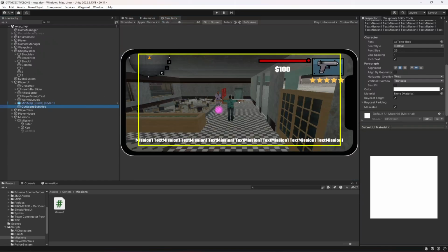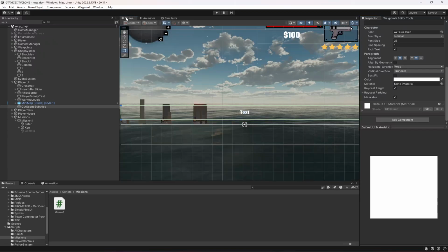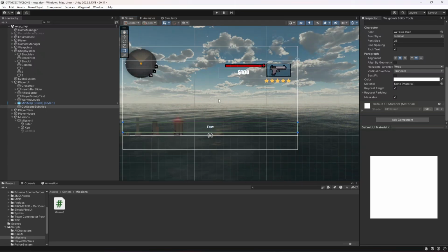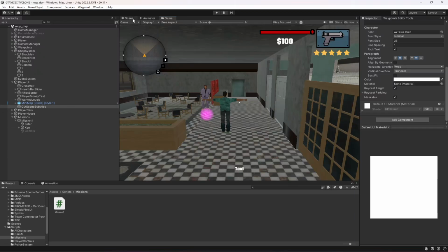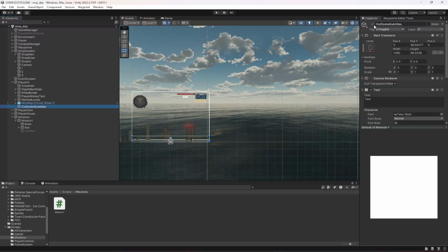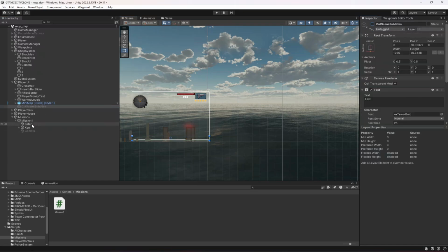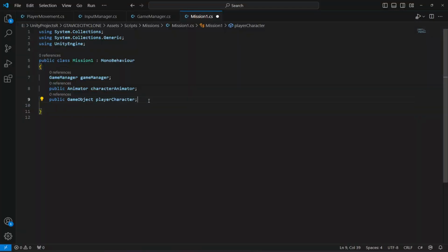That is it. This will be our subtitle text. So right here for now type just text. That's it. Now let's change back to game view and disable the cutscene subtitle and open up the mission 1 script again, and right after the player character,